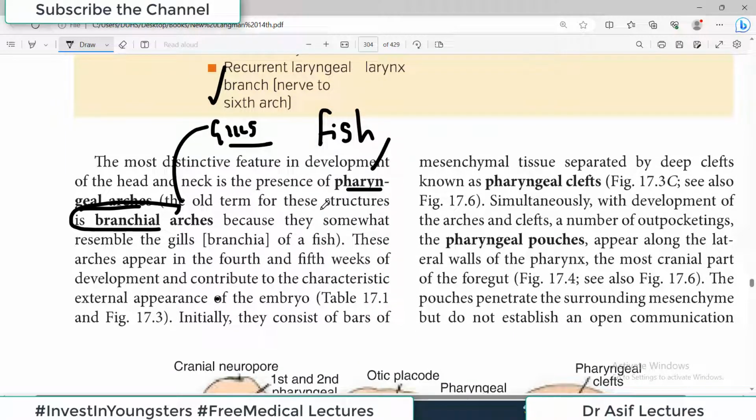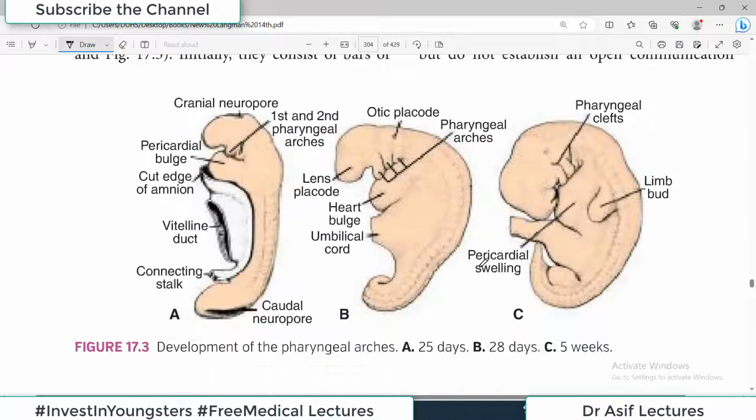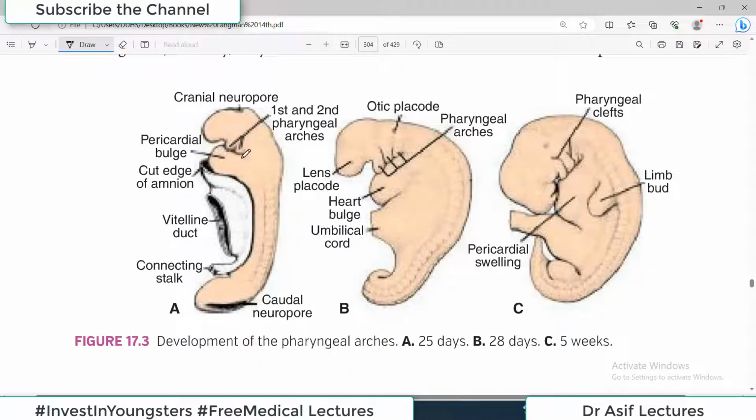अभी जो फेरिंजियल आर्चेज हैं, ये बेसिकली हैं क्या, अभी थोड़ी देर में डिस्कस करते हैं। But ये बड़े इंपॉर्टेंट स्ट्रक्चर्स हैं क्योंकि एम्ब्रियोलॉजी की स्टडी में इस तरह से डेजिग्नेट कर दिया है कि जो फर्स्ट फेरिंजियल आर्च है उससे ये चीज़ें बनेंगी, सेकंड फेरिंजियल आर्च से ये स्ट्रक्चर्स बनेंगे, that sort of thing. ओके, अब ये जो फेरिंजियल आर्चेज हैं, they appear in 4th and 5th weeks of development and contribute to the characteristic external appearance of the embryo. So if you look at the diagram, this characteristic appearance, these are the, सो ये टिश्यू का आउटग्रोथ जो है, these are called pharyngeal arches. सो ये टिपिकल अपीयरेंस होती है कि नेक रीजन के पास इस तरह से